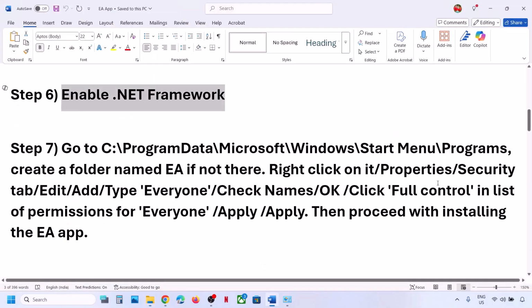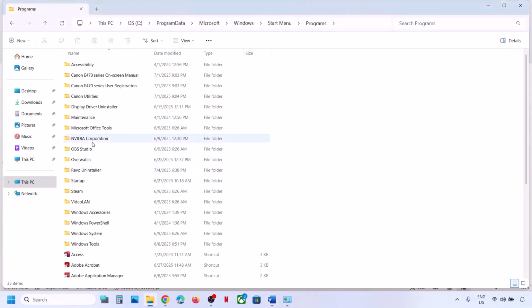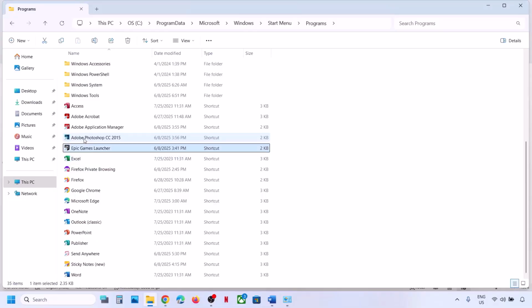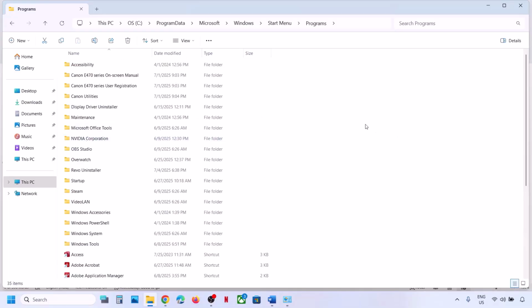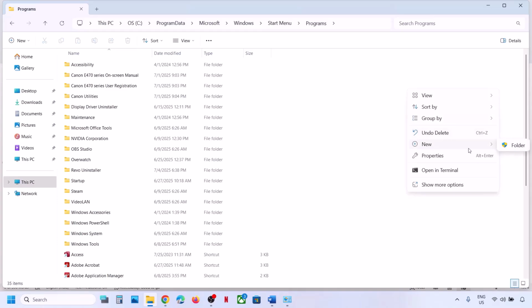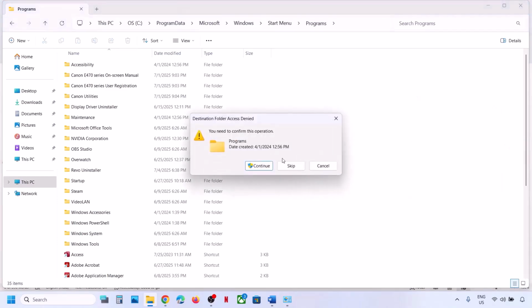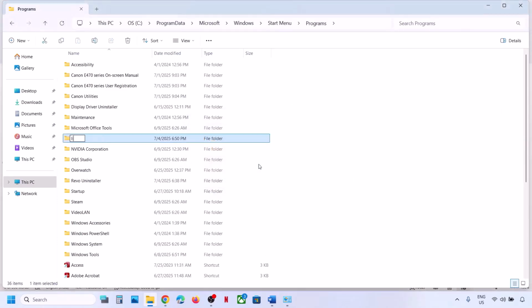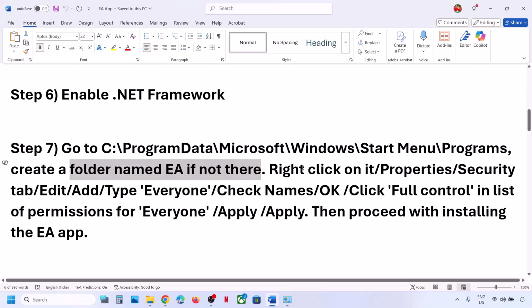Now over here, create a folder named EA if it's not there. So let me check if the EA folder is there or not. So there is no folder as EA, so make a right click over here on the right hand side, then select new, and then you can click on folder, click on continue, and then type in EA. Now once you name this folder as EA,